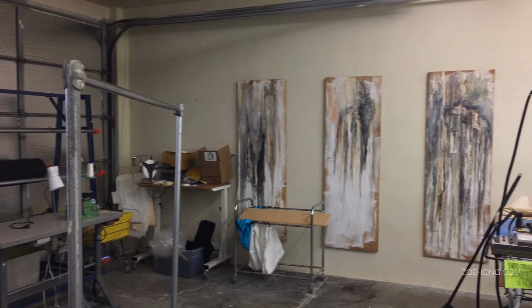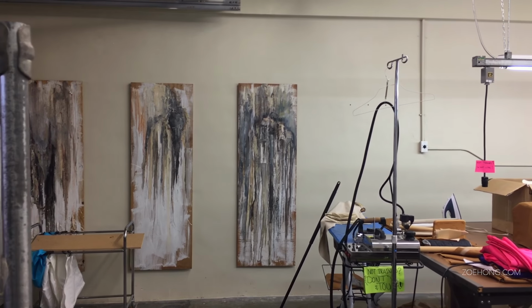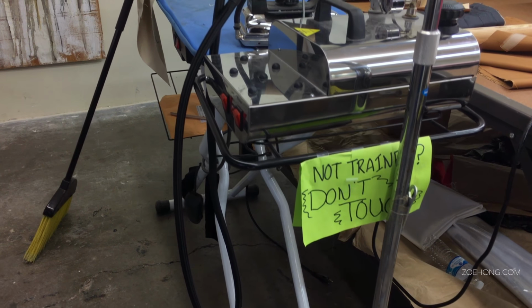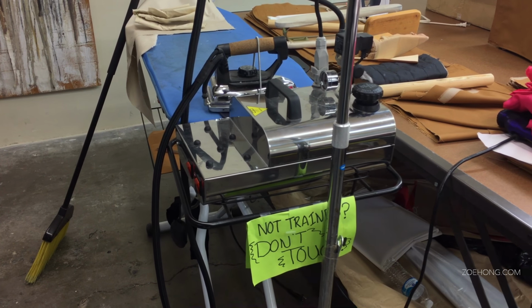I found these paintings really cool. I don't know what they're all about, but I thought they were all kind of awesome. And the big presser, not trained, don't touch. Yeah, this will burn you. So if you don't know how to use one of these,